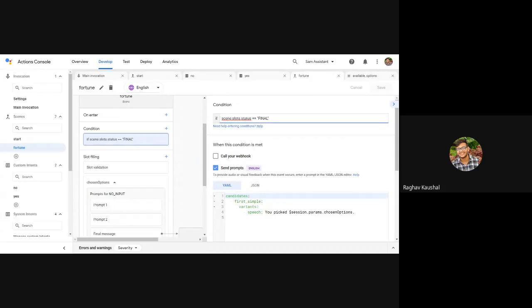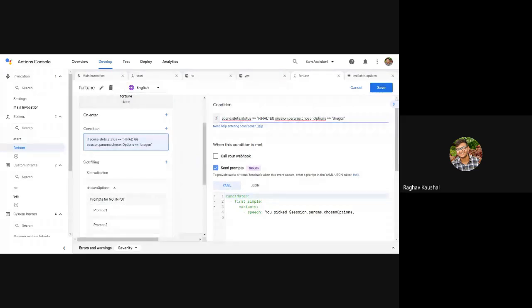So I'll change the condition here, and I'll keep the condition that whenever the user has chosen one option, whether he has chosen dragon, compass, translator, anything, and this double and is used in YAML. This is also a programming thing, and it means both of these need to be true.